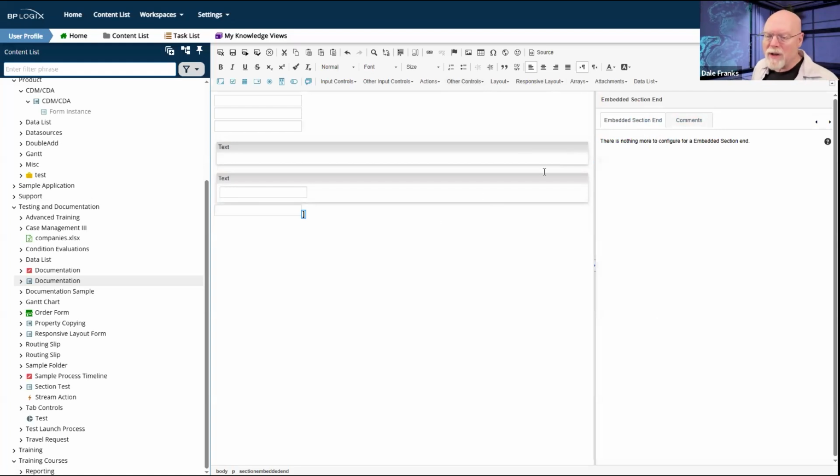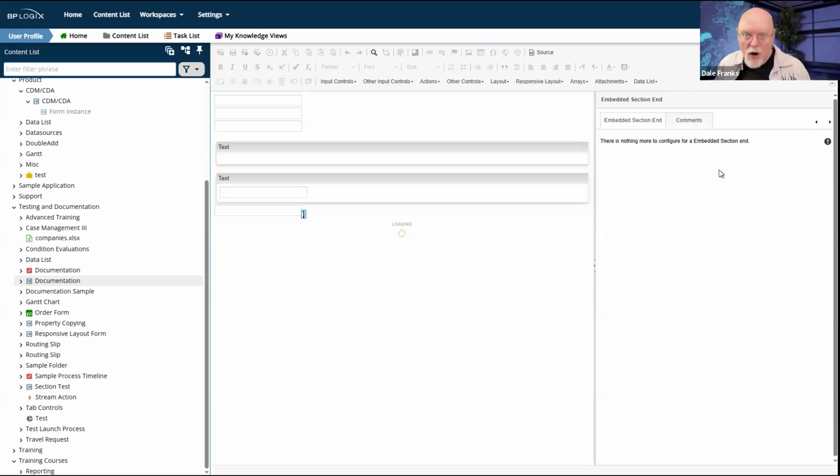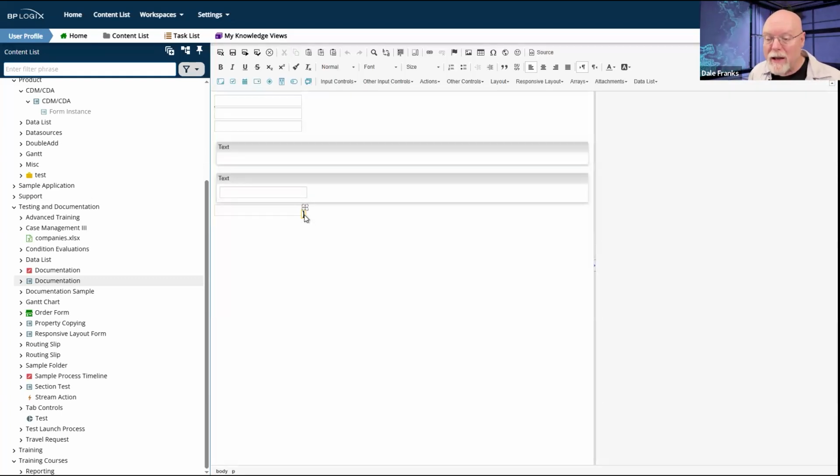So the weirdness was if I had one of these types of controls, I believe end array is another control that has no field properties tab, and you had this selected, whenever you hit the save button in your form, it simply wasn't saving the form. Because it was looking for that field properties tab to ensure that all of the appropriate field properties got saved with the form. It couldn't find that field properties tab, and so it was erroring out and it wasn't saving. If you didn't have the control selected, everything saved fine.